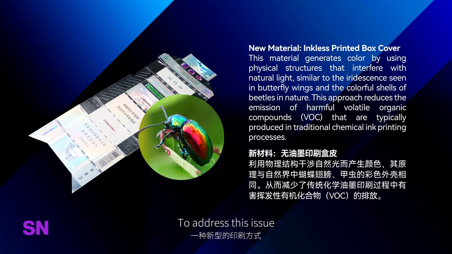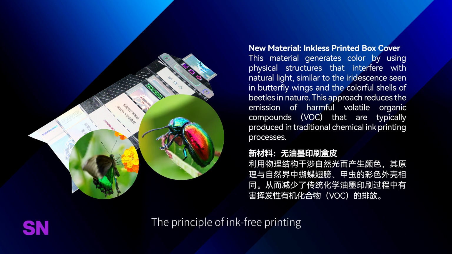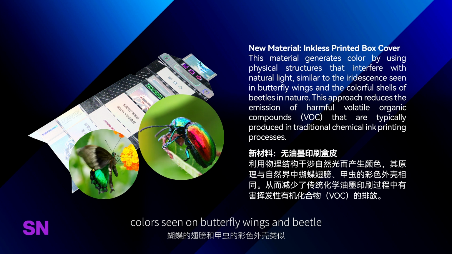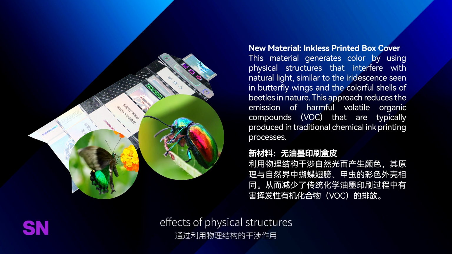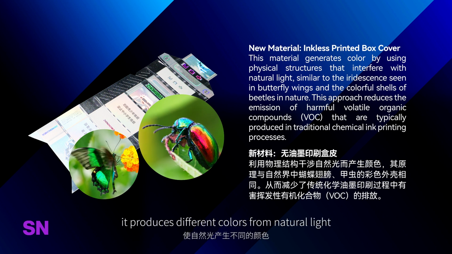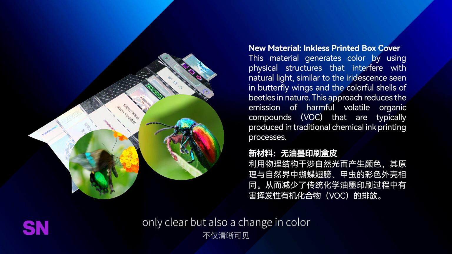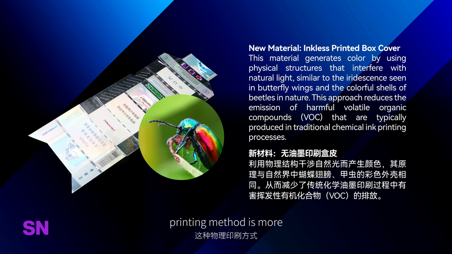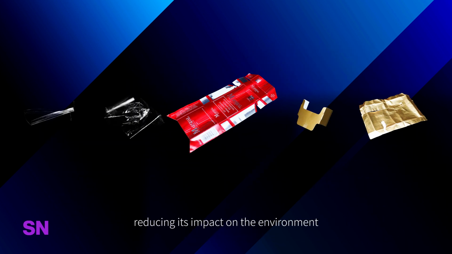To address this issue, a new printing method, ink-free printing technology, has emerged. The principle of ink-free printing is similar to the iridescent colors seen on butterfly wings and beetle shells in nature. By utilizing the interference effects of physical structures, it produces different colors from natural light. Patterns printed using this technology are not only clear, but also change in color depending on the angle of observation and light. This physical printing method is more environmentally friendly throughout the production and usage process, reducing its impact on